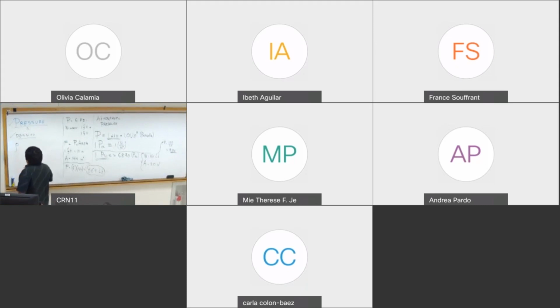Now, the definition of density is equal to the mass divided by the volume of an object. So the units are normally kilograms per meter cubed. These are the two parameters that I wanted to introduce today. We talk about pressure, gauge pressure, atmospheric pressure, and then we're going to talk about density because when